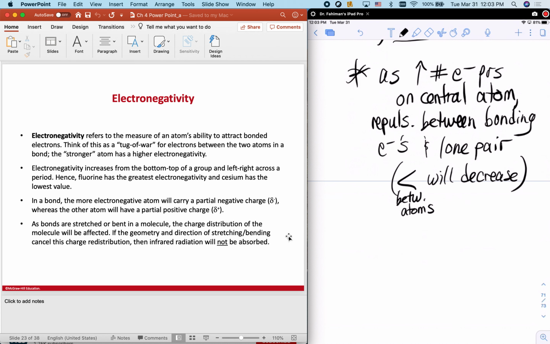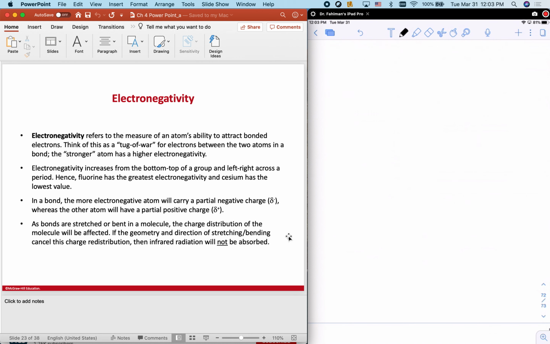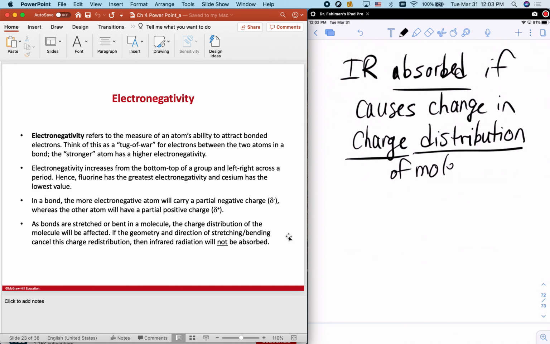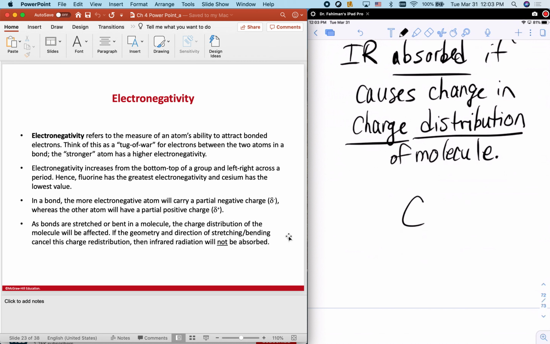And so how do you know if a certain molecule will absorb infrared radiation or not? IR radiation is absorbed if it causes a change in the charge distribution of the molecule. And what I mean by charge distribution is if we look at carbon dioxide and we draw its Lewis structure,